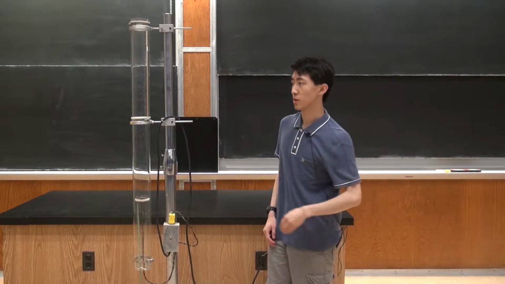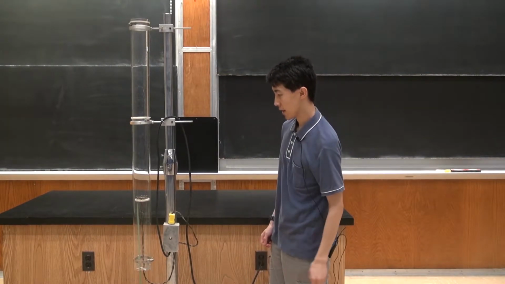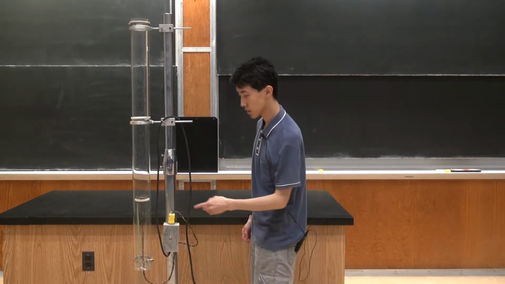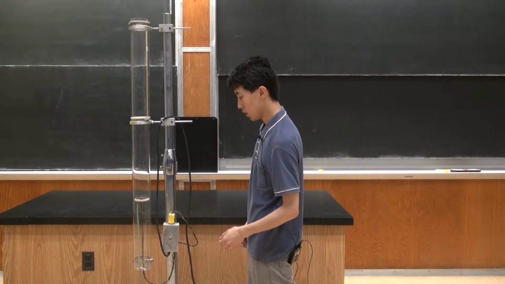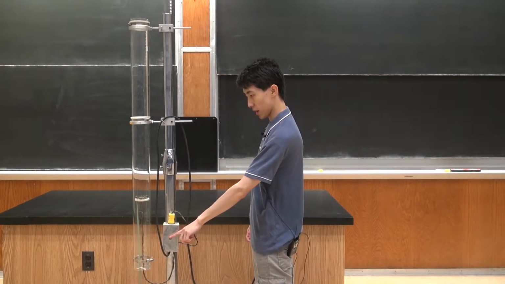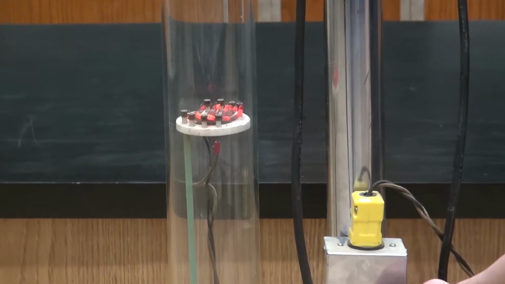Today's video is going to be about the roaring tube demonstration. Here I have a tube of air, and inside we have a heating coil that's connected up to a circuit. Once I flip this switch right here, it's going to connect the circuit, and the heating coil will heat up